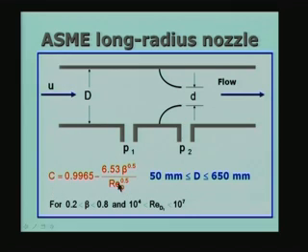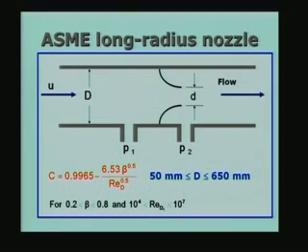Again you see that C depends on the Reynolds number and the value of beta, and the diameter I am talking about, this diameter, could be anywhere between 50 millimeters and 650 millimeters. We are talking about a fairly large range of values for the diameter. 50 millimeters is a typical size met with in many engineering applications. 650 millimeters, for example, can be met with in large scale installations like water supply or gas flowing through a pipeline, natural gas flowing through a gas pipeline and so on. You can have very large diameter pipes. Water supply is one example.